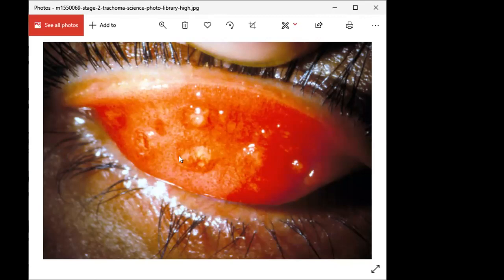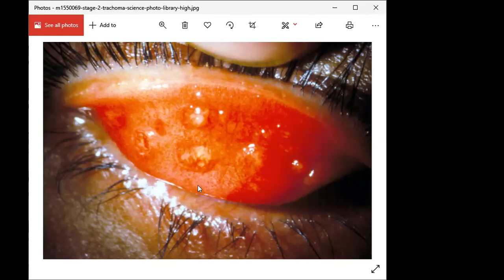Mucus gland secretions will be there, but it is little, right? So if there is a secondary bacterial infection, then the mucus secretion will be more. With only chlamydial infection, there will not be any severe symptoms. The symptoms will be a sand-like appearance under the eyelids, that is, a foreign body sensation under the eyelids, and lacrimation will be present, and mild stickiness of the eyelids will be present, right?